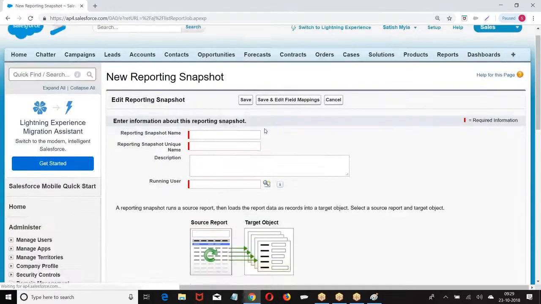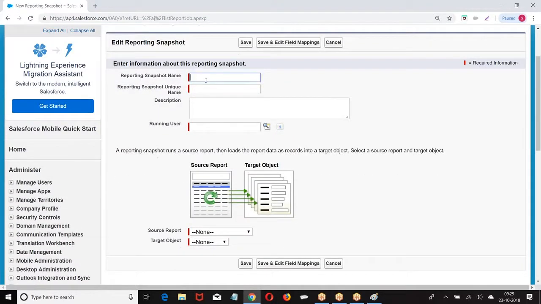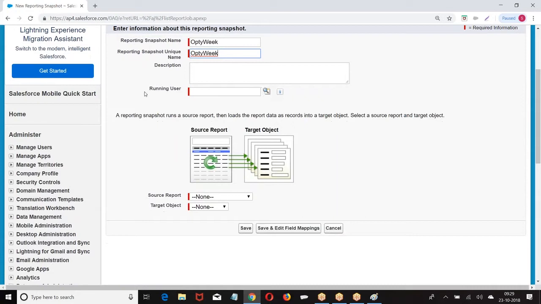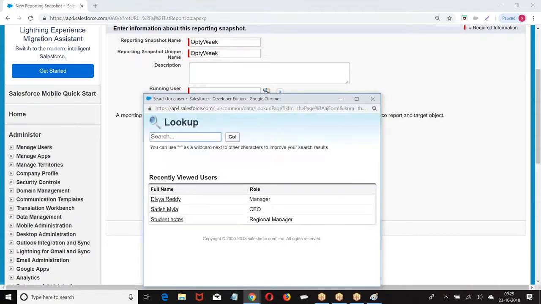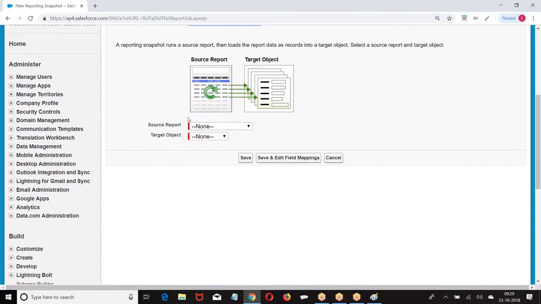They are asking: the report has to run as a specific user. So choose the user, Satish. Which report? Which table? You can choose any object. These reports will be stored in this object. But I told you, no validation, no workflows, no triggers.